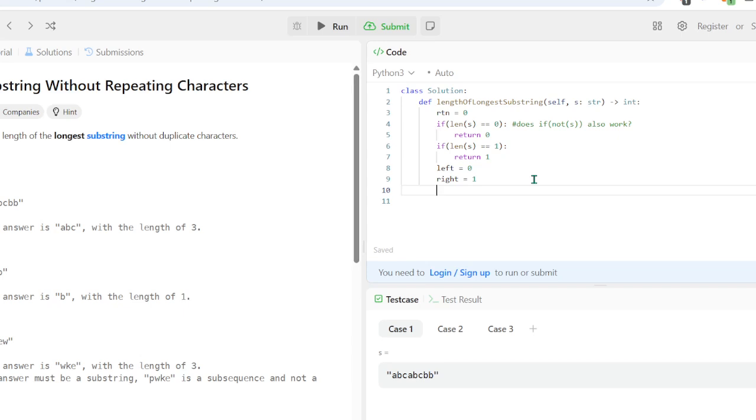So our string is A, B, C, A, B, C, B, B. And we start with left and right there.